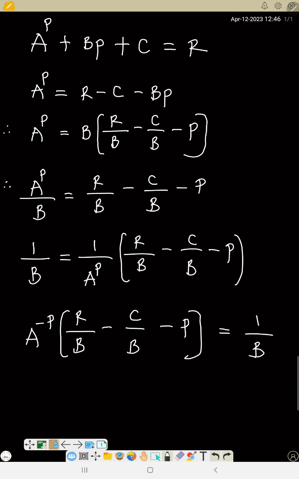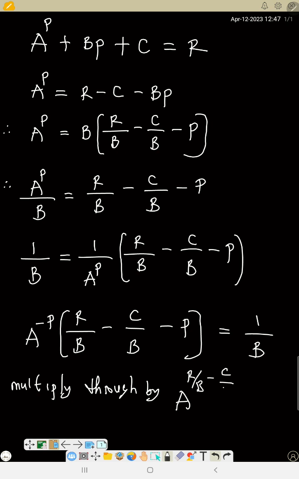So from here I can multiply both sides by a raised to power this. So multiply both sides, or multiply through, by a raised to power r over b minus c over b minus p. So multiply through by, no, remove p, multiply through by this, both sides. So we are going to get